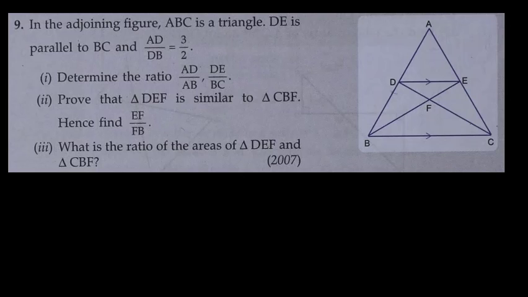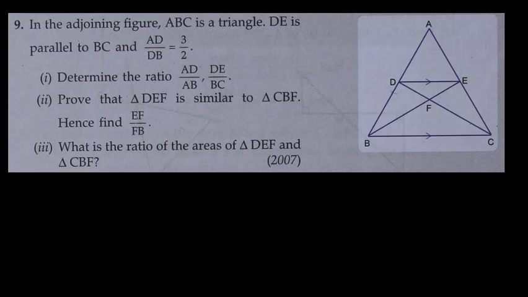Now let us concentrate on this 9th one. In the adjoining figure, you can see the diagram here. In the adjoining figure, ABC is a triangle. DE is parallel to BC, and AD upon DB is given as 3 upon 2. We have to determine the ratio of AD upon AB,